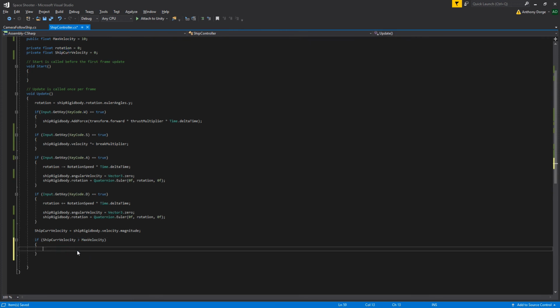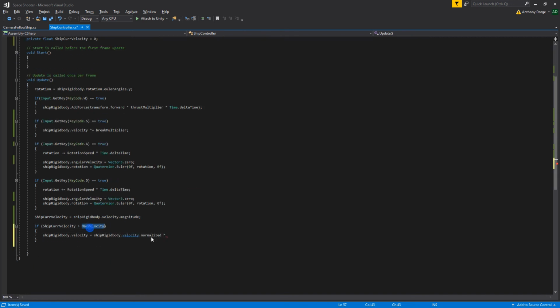then we want to do something, which is to set the ship's velocity to the ship velocity normalized times the max velocity. Just copy it. So